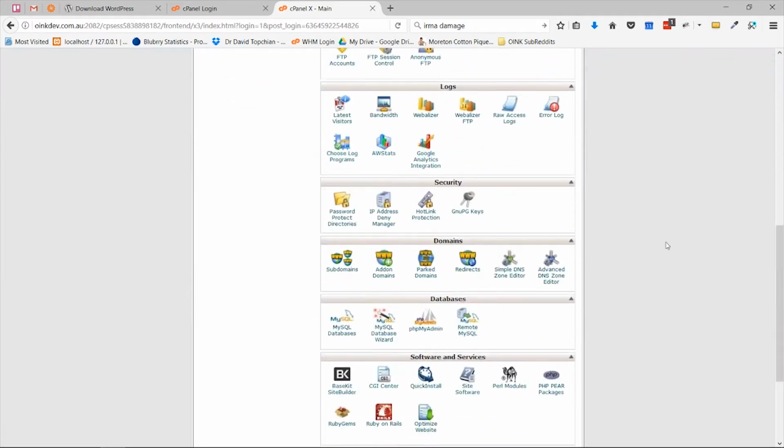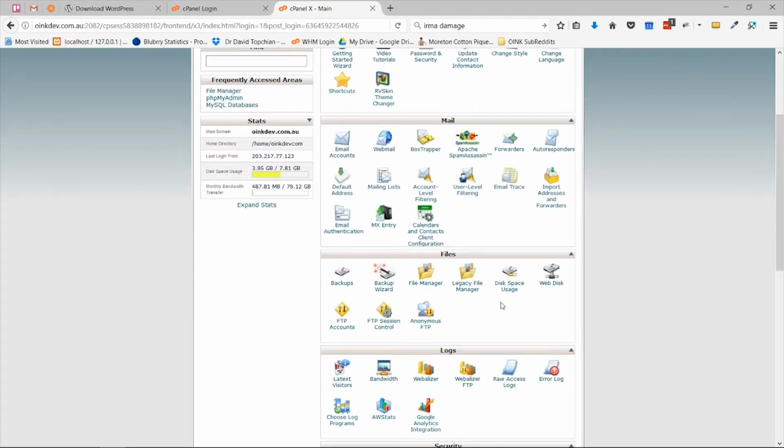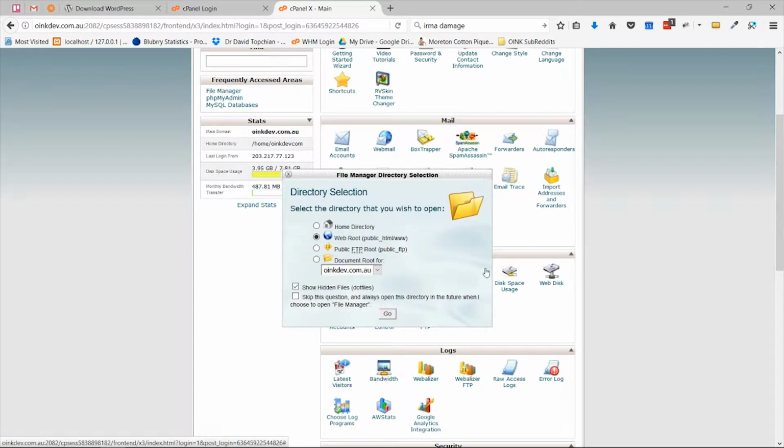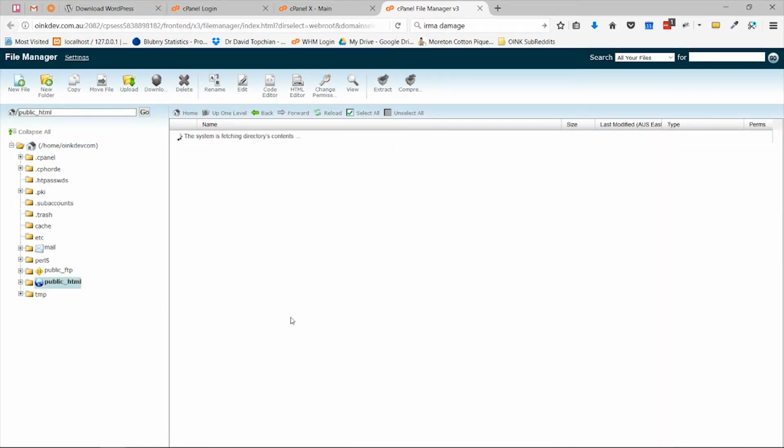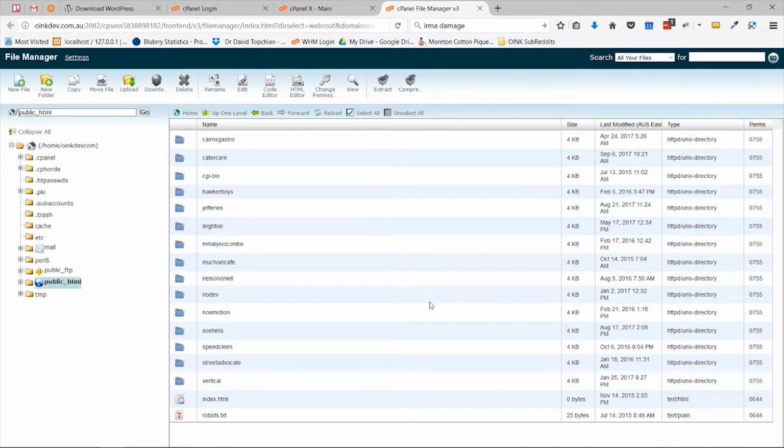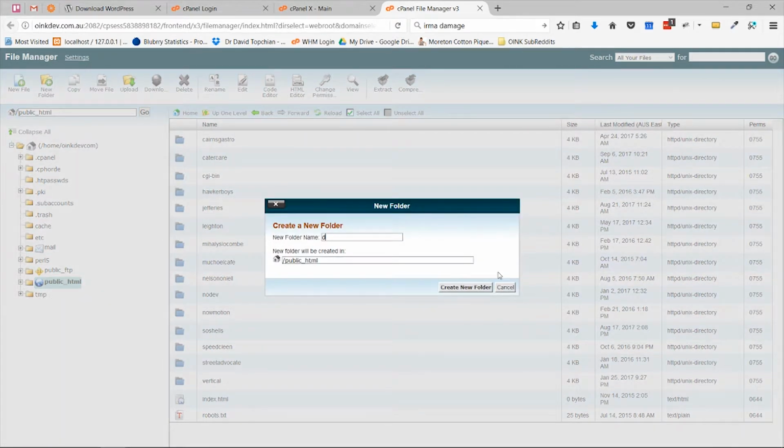And you'll find a whole bunch of icons here. What we're going to do is use the file manager to upload the zip file, and this will show you exactly what's on your server. Usually it'll be in a public HTML folder, and then this folder here is where your website is. But today, because I'm putting this on the development server, I'm not putting it in the main website folder, so I'm going to just add a new folder, call it demo,